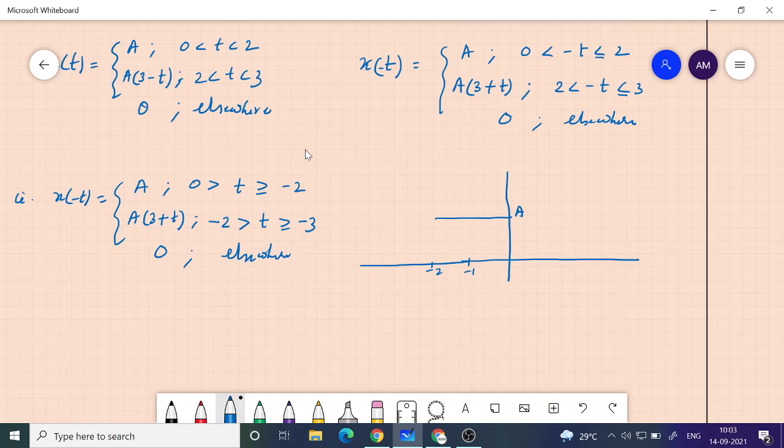So slope is A, means in 1 unit you have a change in the vertical axis by A units. So that is what slope equal to A means. In 1 unit of time, when you go from minus 3 to minus 2, you will have an increment of A units in the vertical direction, and the y-intercept is 3A, which you can see if you extend the line. You will see that this is A, then 2A, then 3A. Okay, if you properly do this, maybe I have not done it properly.